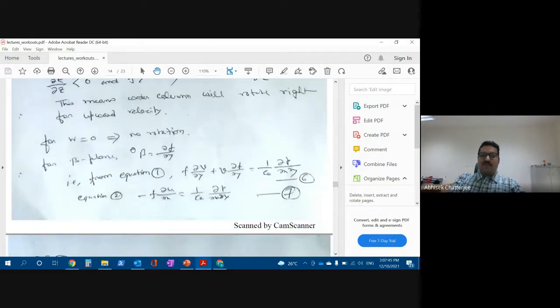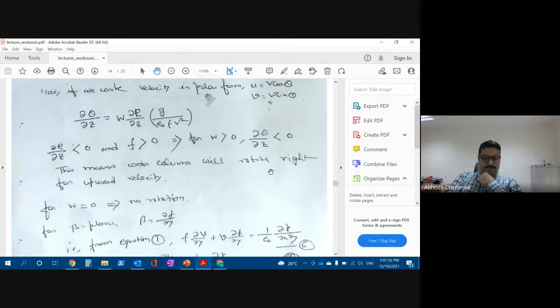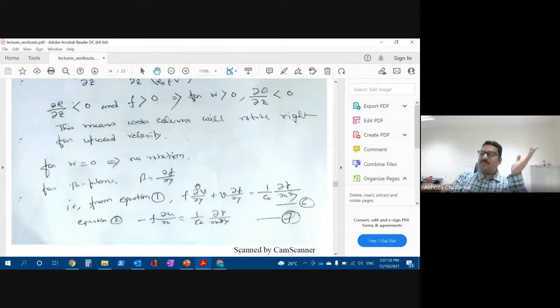Now we also assume that my f is not constant. This is one problem. Okay, so remember this. It can be a separate problem also. Now assume that f is not constant. That means f is varying with respect to latitude. So sometimes we refer to it as beta. Beta equals del f by del y, meaning how it is changing with respect to latitude. That is referred to by a symbol called beta. So that means my beta is non-zero now because f is changing with respect to latitude. So there is a beta.